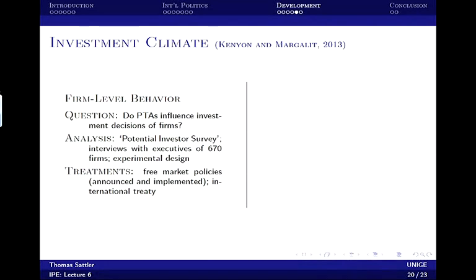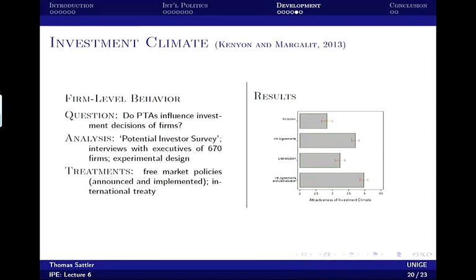Then another group of executives, they tell them, well, look, here's a country, and that country signed a preferential trade agreement. And then they go to a different group of executives and tell them, look, here's a country. So specifically they say, country X is a developing country. It has a population of 8 million people and is considered politically stable. The country is a member of the World Trade Organization and has signed several bilateral trade treaties and preferential trade agreements. And then they ask, how would you rate the investment climate in this country? So 1 is very bad and 5 is very good.